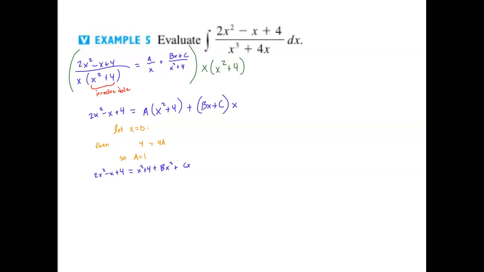So you can do this a couple ways. Remember, at this point, you can let x equal any other value. So if I let x equal 1, I'm going to have an equation left in B and C. And then I could let x equal -1, and I'll have a new equation left in B and C. And now I have two equations that involve B and C, and I can just solve it as a system of equations. Or we can go back to the other way we used to do things, right? So I can group